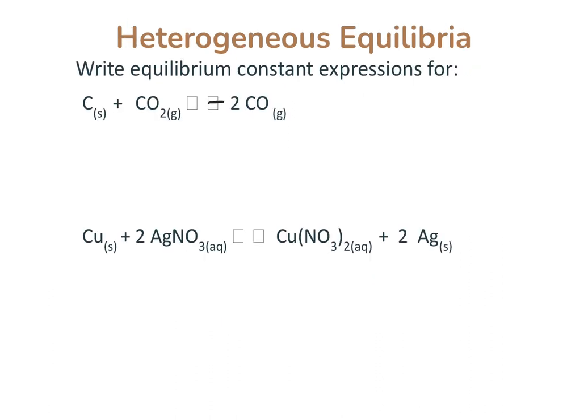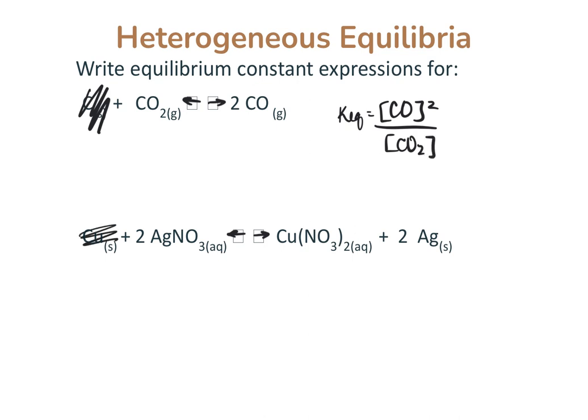If we're looking at just a couple more examples here, I don't know why these arrows didn't go in. But we look at the first one. We don't want to include the carbon because it's a solid. We don't include solids. So the KEQ value is going to be CO to the second power over CO2. If I look on the next example, I don't want to include the copper because it's a solid. I don't want to include the silver because it's a solid, so I'm literally just crossing it out. And then the two that are left behind are the copper nitrate and the silver nitrate. So I would write its KEQ value,